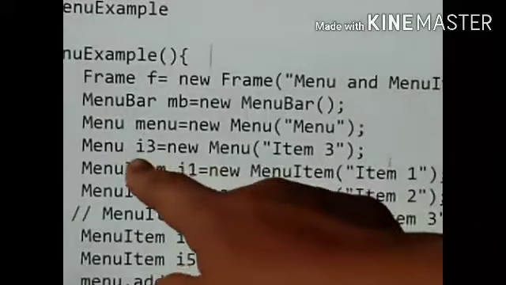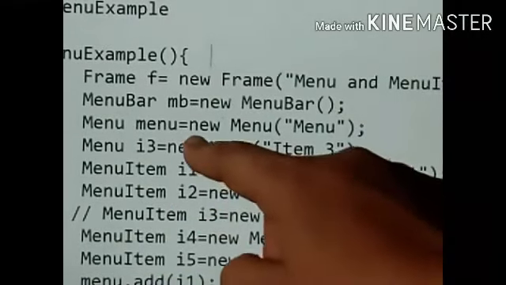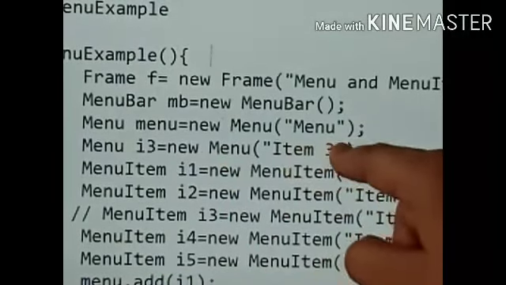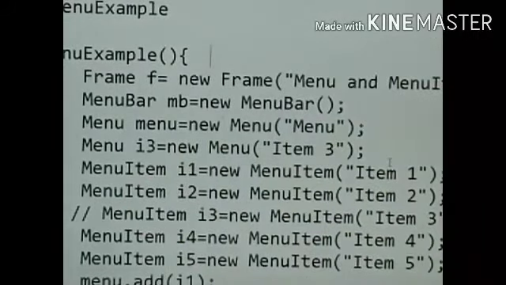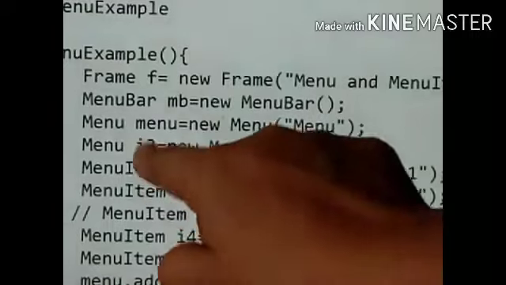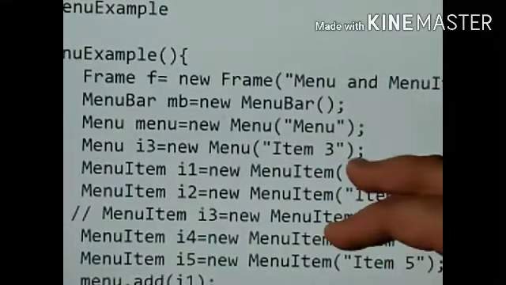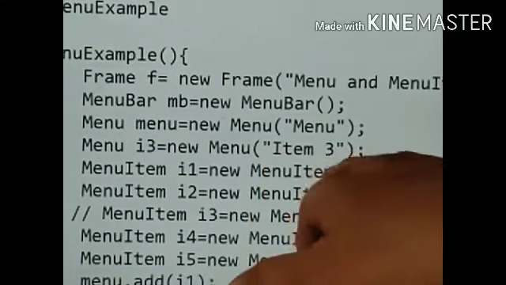Menu I3 is equal to new menu item 3. Actually this was some submenu, some other name I had given, now I have changed. So this menu item is going to have a submenu, and this will be displayed as item 3.